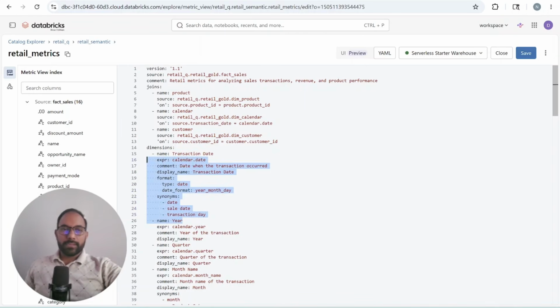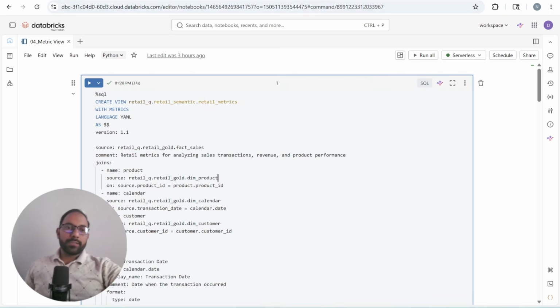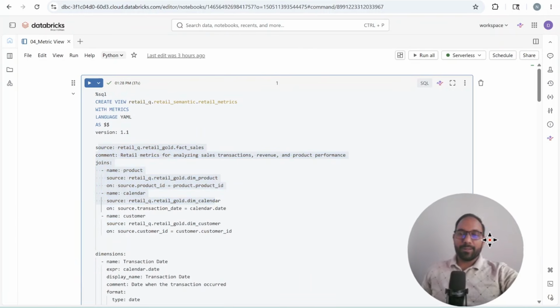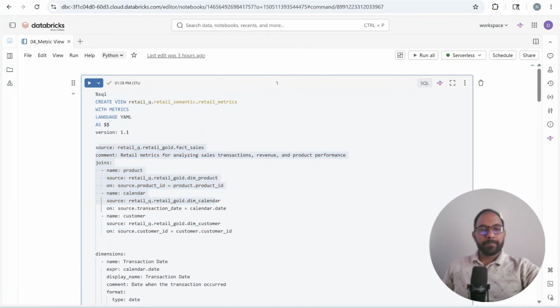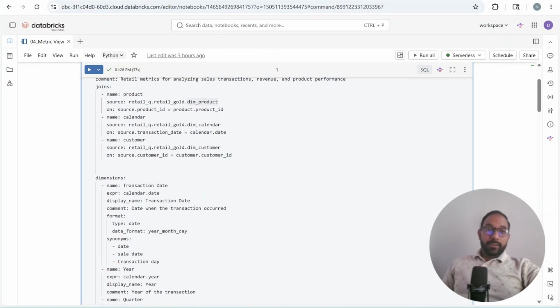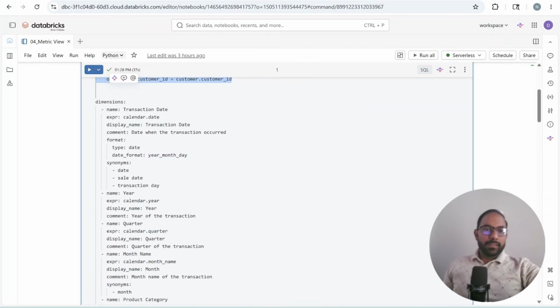We can change it here, or we can change it in the notebook where we had created it. So this YAML section is common. Basically, based on this YAML only, that part was created. And if we try to understand it, this joins section is just joining the tables. Then if you notice, based on this name, we have different dimensions defined. Like this is the name, this is the column being used, this is the display name, this is the comment,